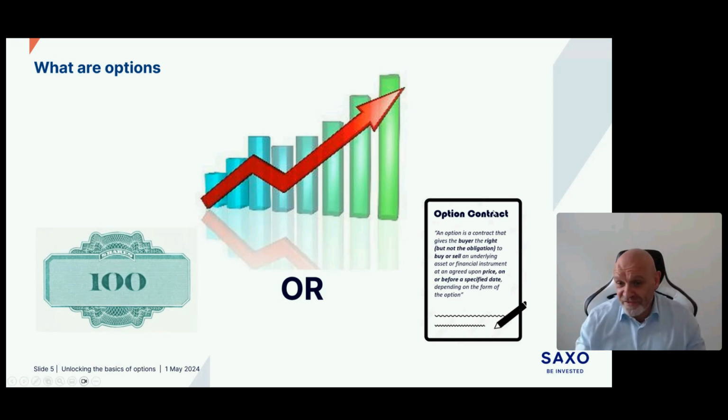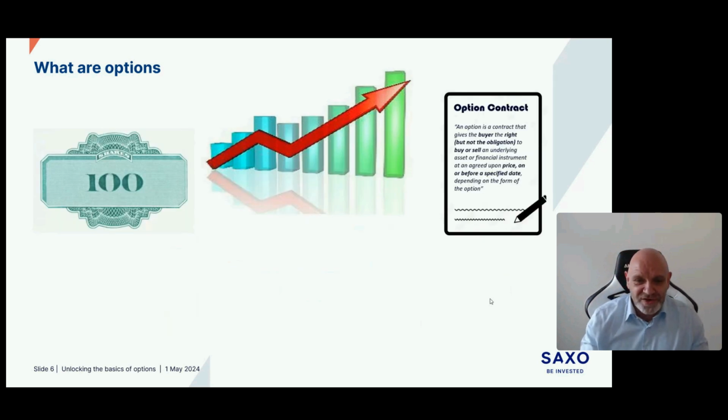If you look at the definition here, an option is a contract that gives the buyer the right, but not the obligation, to buy or sell an underlying asset or financial instrument at an agreed upon price on or before a specified date, depending on the form of the option. That's quite a lot to comprehend, but it actually means if you buy something,